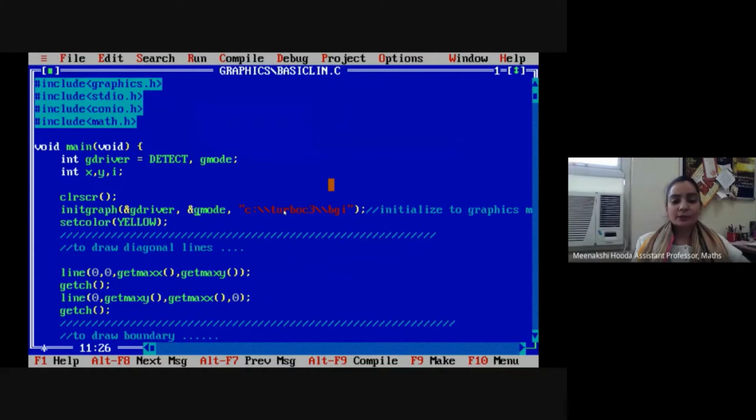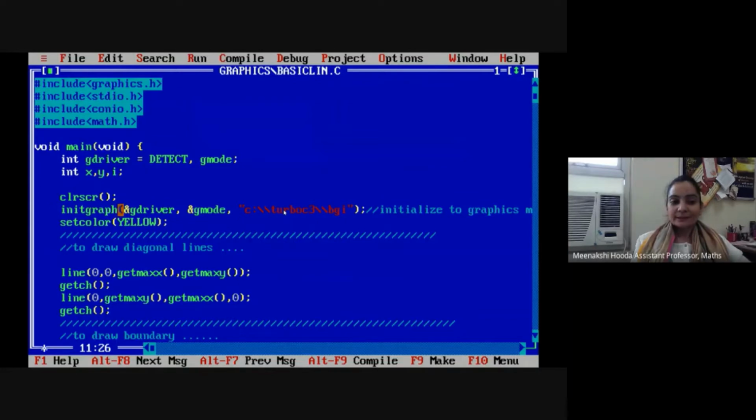You have to look in your system where this particular BGI folder is located. It keeps all the files, all the graphics libraries in it. So you need to specify the path of this BGI folder as a third parameter.